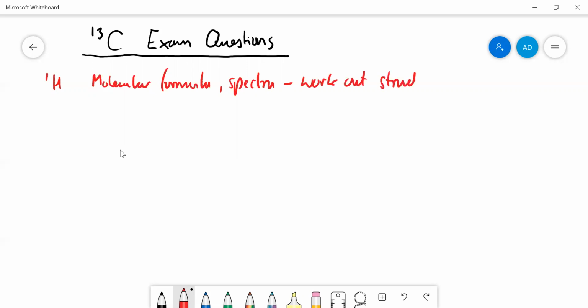Now with 13C, as we've seen, you don't get as much information, so they don't ask you to do questions like that. A typical 13C question, when they've asked this several times, is, right, let's think we've got